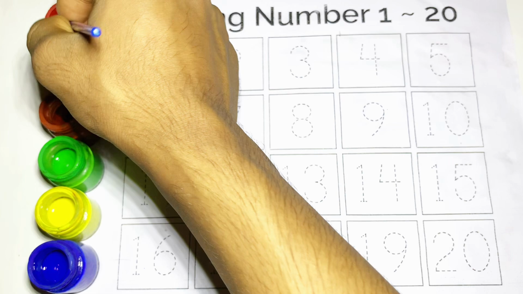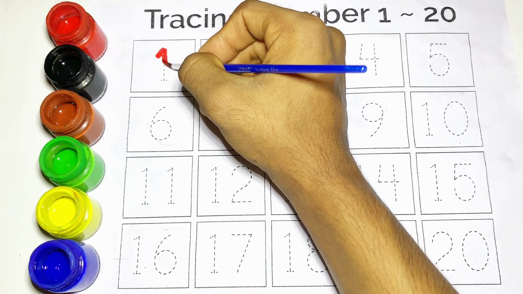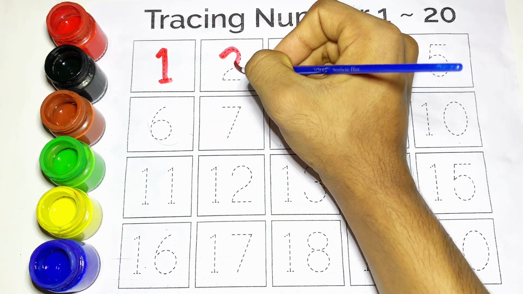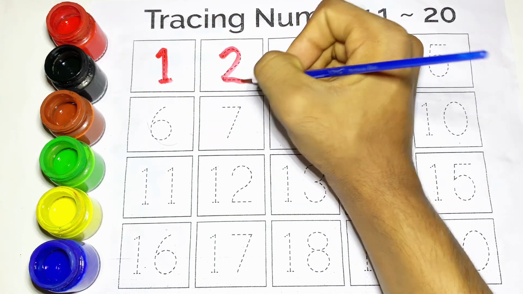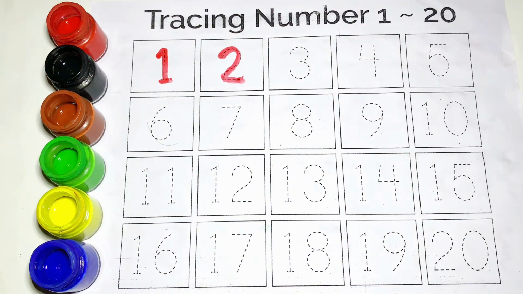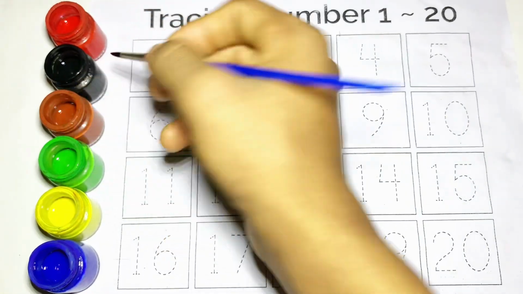Kids, first you draw 1 and use red color, 2, the numbers of 2, and again use red color. Kids, now you draw 3, the numbers of 3, and use black color,